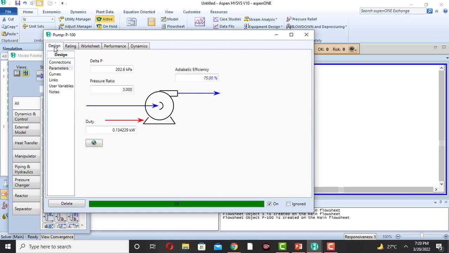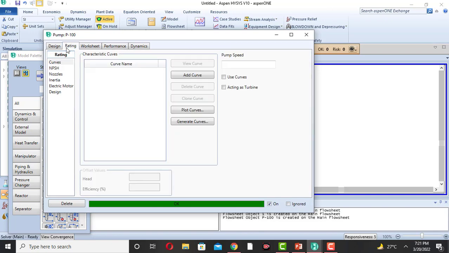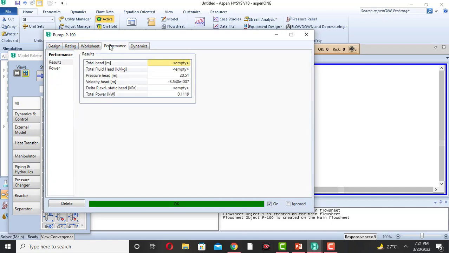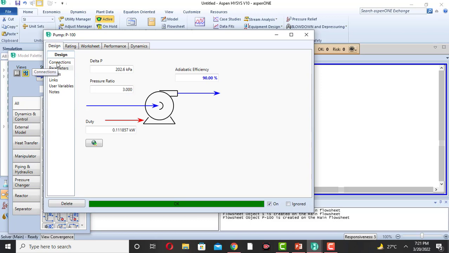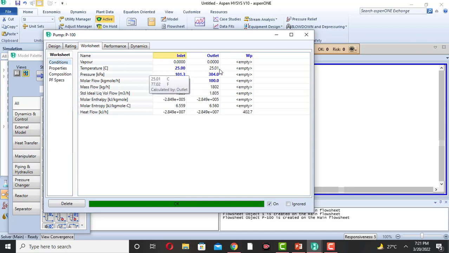Now we can also change the efficiency. If we change the efficiency to 90, then the duty of the pump is changed. Now if we see the outlet temperature, it is 21.01. It is slightly changed. So we can change either the outlet temperature or the efficiency, and determine the other parameter using